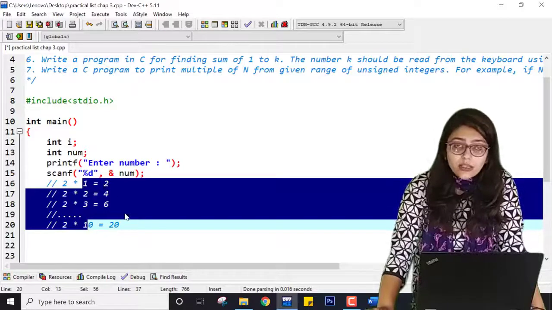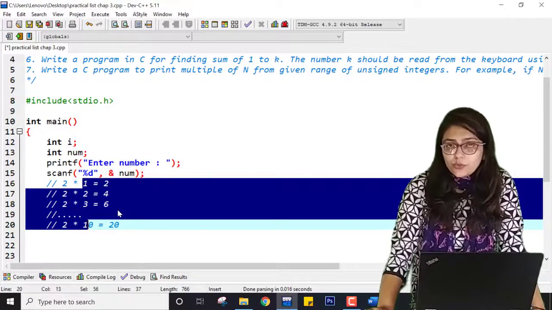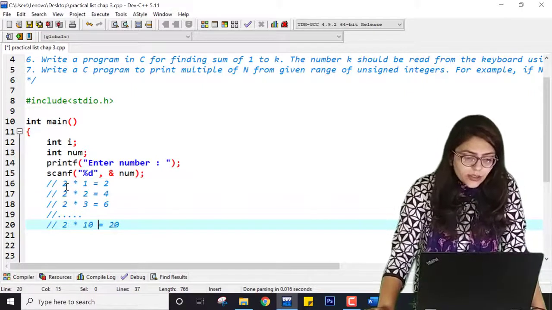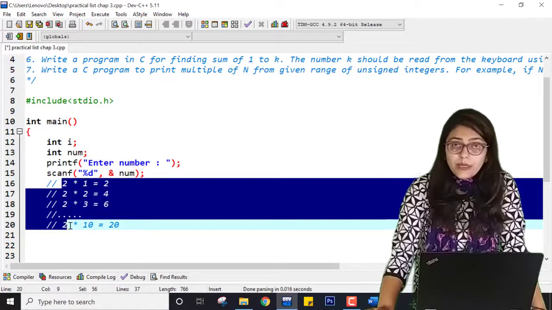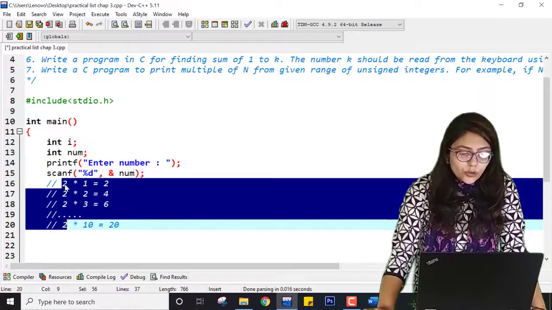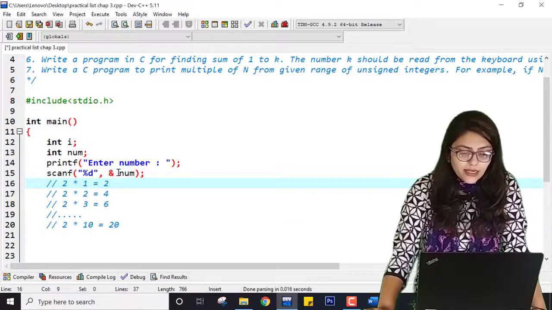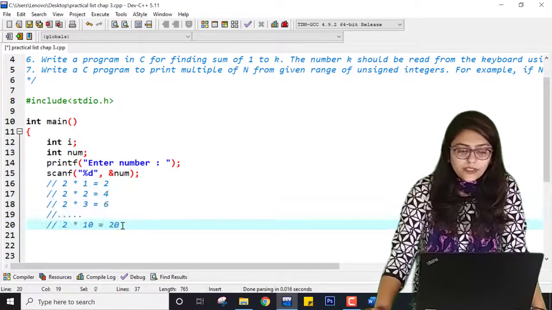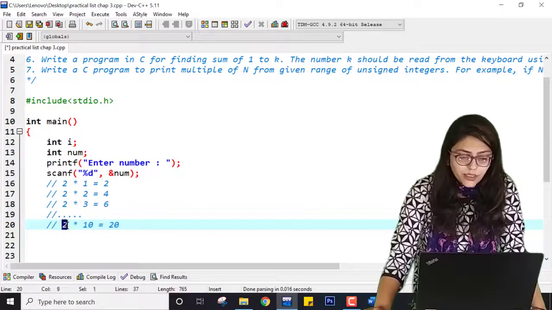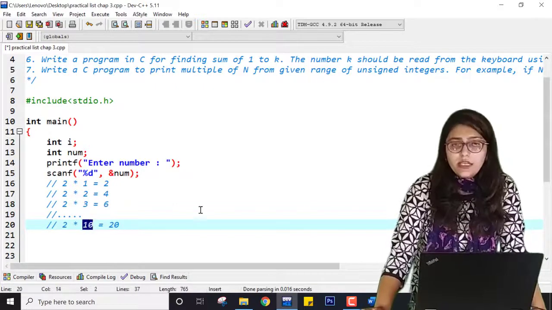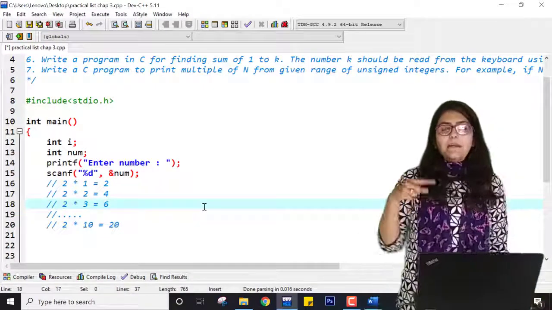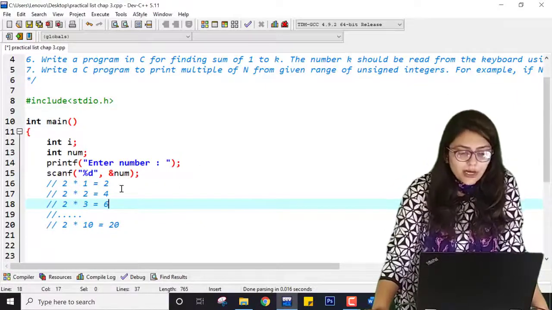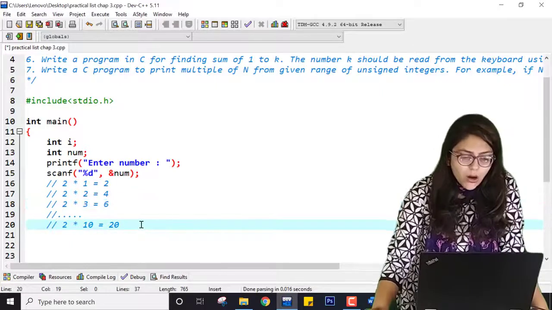How can I get this range? I can always get the range by using the iterative variable, that is i. Okay, and this is the constant value. This is the value of the number whose multiplication table I needed. So this 2 is nothing but the value entered inside this num. Right, and this is the multiplication answer, the result of multiplying num into i. So what is the repeated pattern over here? Every time I am increasing the value of i, multiplying it with the number and printing the result in this way. So how can I do this?